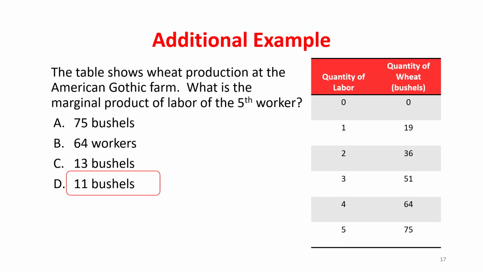Okay? Now, let's say instead, to get these same output values, I had to increase the number of workers by 5. What would I do there? I take my change in output of 11, and instead of dividing by 1, I divide it by 5. Nothing too crazy there. I'm just making the point that even though we look at some easier examples, we don't always have jumps in the number of workers we're hiring of 1, because depending on our production process, if I'm adding a whole other shift, I might have to hire batches of workers, not just 1s and 10s, it might be hundreds, depending on how large my production process is. Okay.